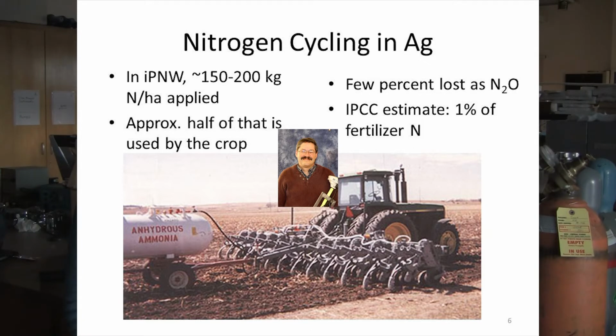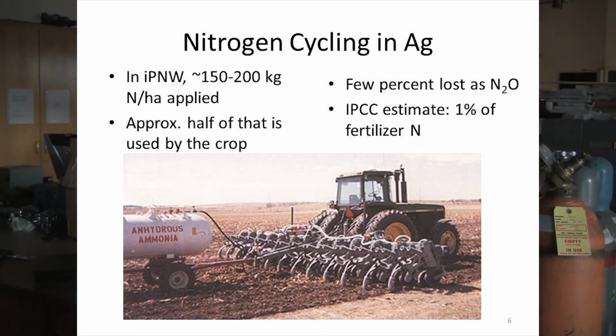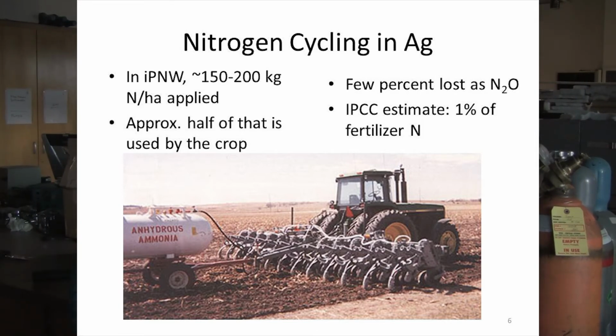Only a small amount of the nitrogen applied is lost as N2O. And so it's not as important from a nitrogen budgeting aspect. It is an efficiency issue, but it's not like the farmer is losing a ton of money in the form of nitrous oxide, but it's important because of its environmental impacts. So the IPCC currently has a rule of thumb estimate of 1% of the nitrogen applied will be lost as N2O, but we really are interested in seeing what that number is for this region.